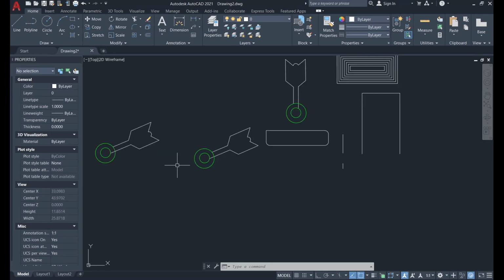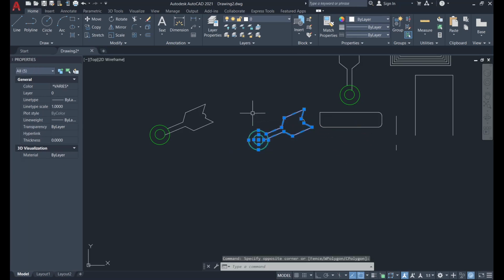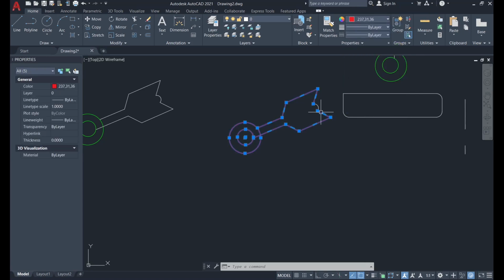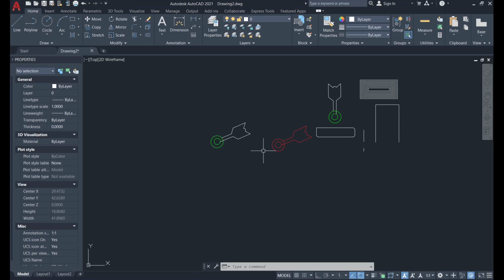So let's say that I want to multiply this arrow, that I'm going to modify its color. Let's say that I make it red. Also this little polyline here. Okay. And I want an array around my green arrow right here. So I'm going to select it all,